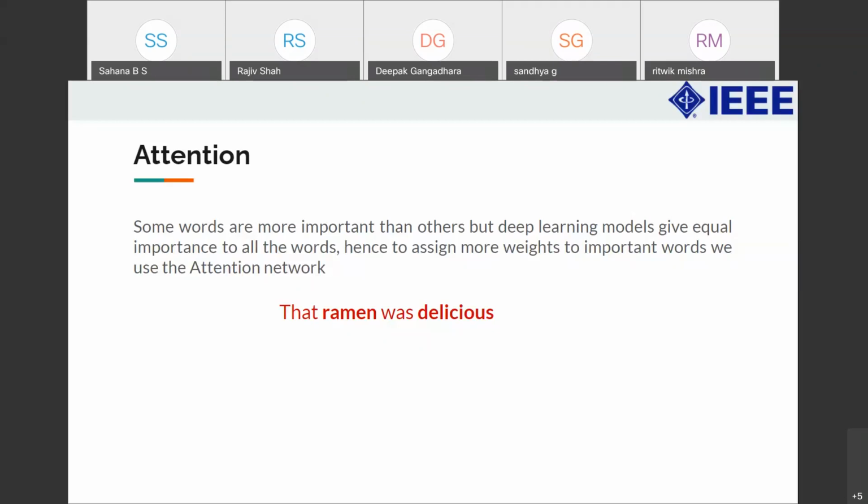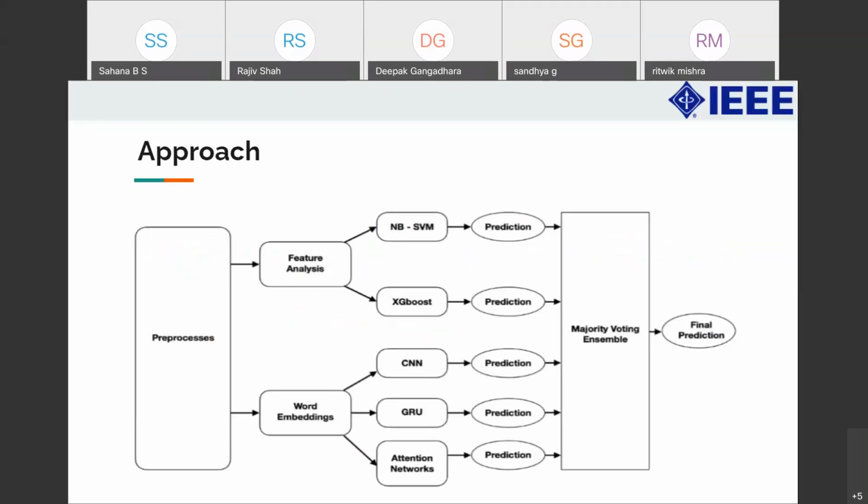Basically, what this attention model did was it had this context vector, and we trained that context vector in order to assign importance scores to words in the sentence. This attention model gave us better accuracy than the other deep learning models we used. But even this attention model was not interpretable. Even if you give a sentence to the attention model, you couldn't really say what was happening.